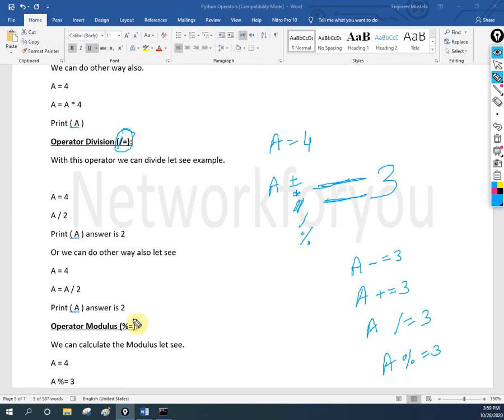If you see here, modulus is equal to. So simple, in an easy way I told you: write whatever variable you need, that variable. If you want plus, you write plus, minus, multiplication, floor division, normal division, or modulus, and then is equal to, and the number you want to use, that number only.